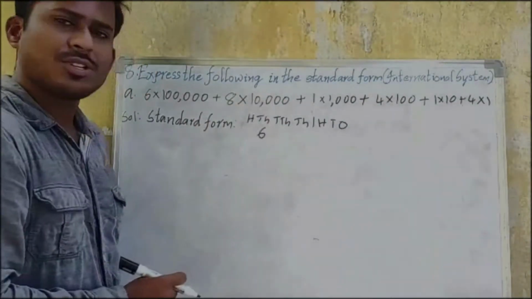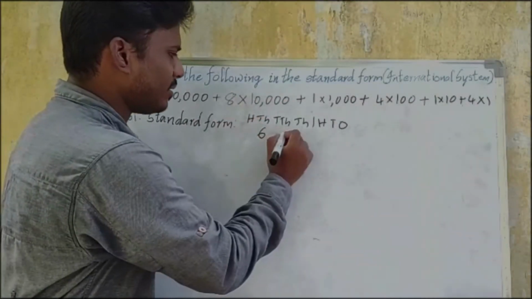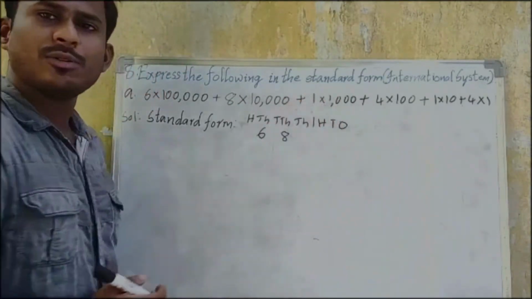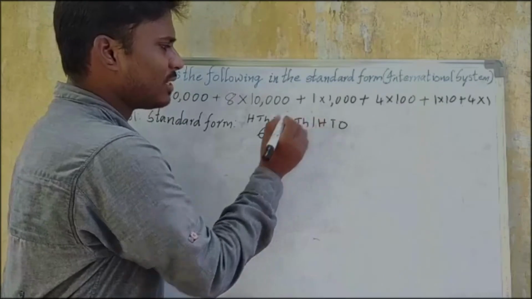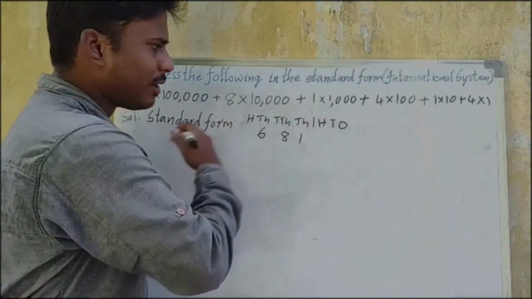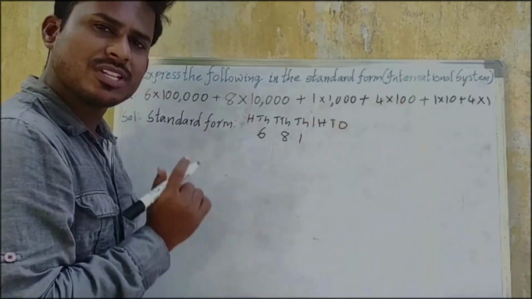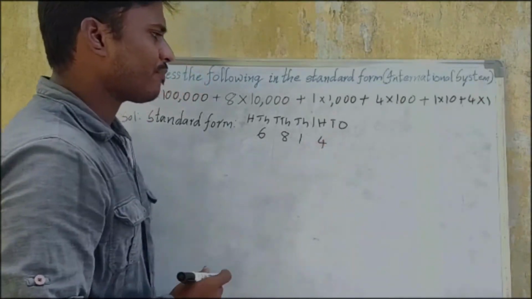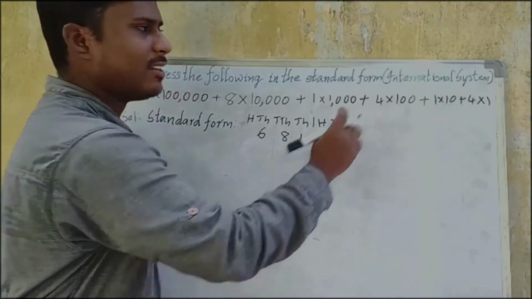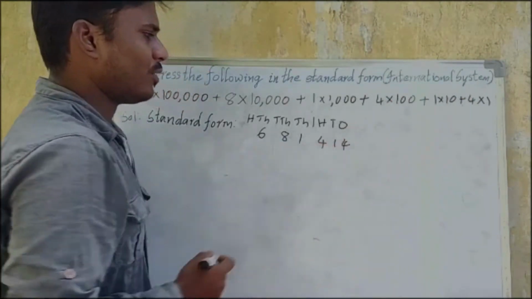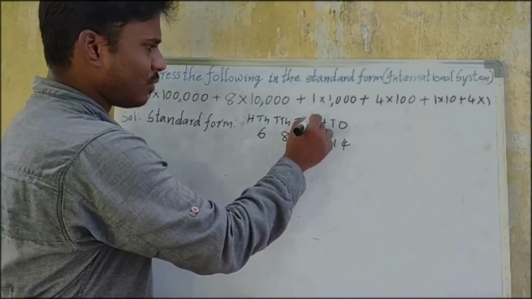Next 8 into 10,000. So 10,000 place 8. In the thousands place we have digit 1. Okay, now this is one period completed. Now in hundreds place we have digit 4, then tens place we have 1, and in ones place we have 4. So as this is one period,